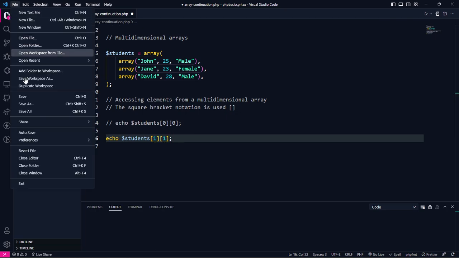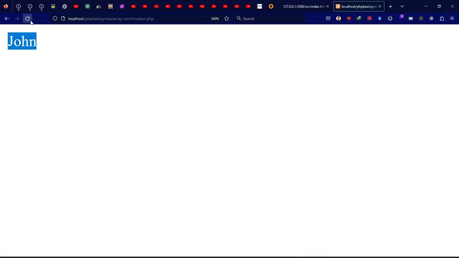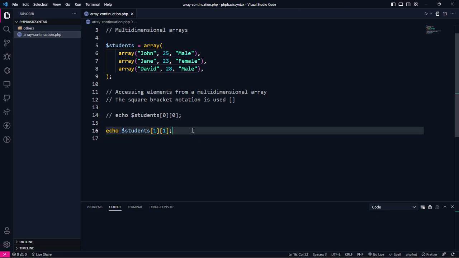Make sure the file is saved again. Go to the browser and refresh. So we're having 23, and that is coming from the second array. You get it? All right, now let's try and access the